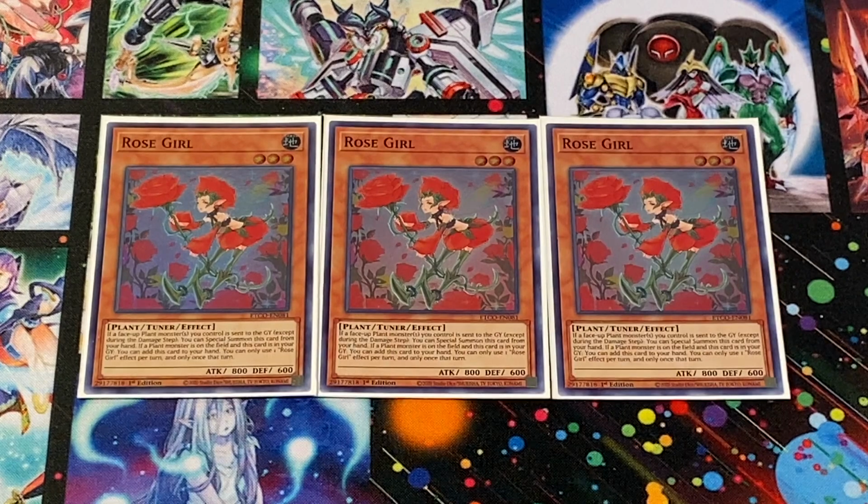The first effect is if a face-up plant monster or monsters you control is sent to the graveyard, except during the damage step, that's for any reason, link summon or battle or whatever, you can special summon this card from your hand as an activated effect, which is really cool because this is basically like 3 more copies of Primula. You can't go into Trickstar with this, but it's a tuner monster, which means, as we'll talk in a second,